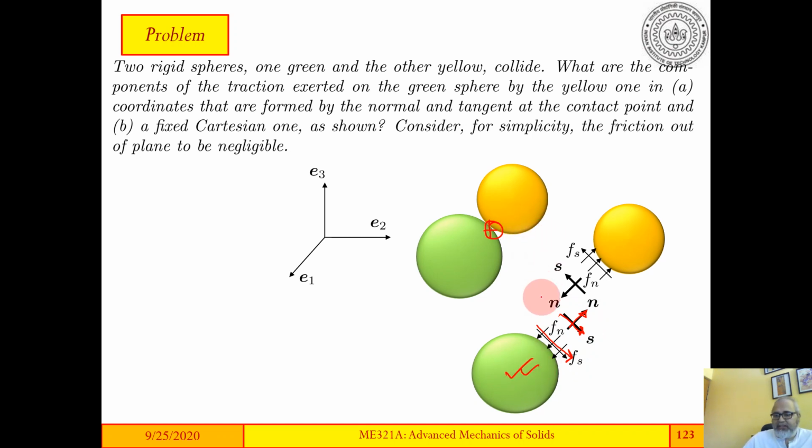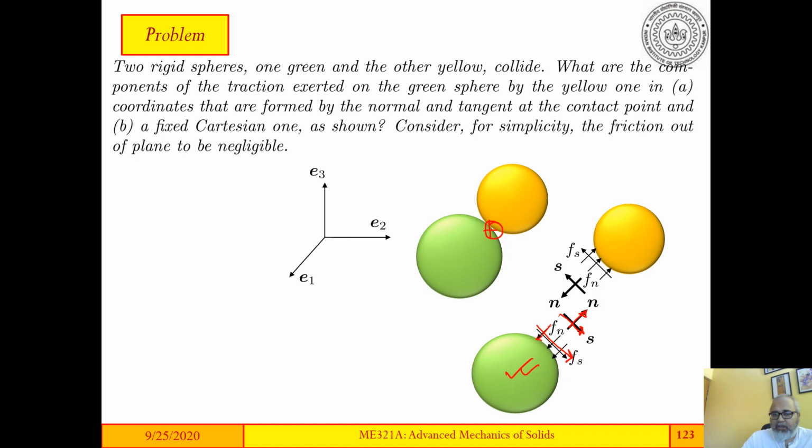The green sphere is subjected to a set of normal forces, in the direction of the normal, and a set of tangential forces due to friction in the tangential direction. We have neglected friction in the out of plane direction, so we don't have any tangential forces in the out